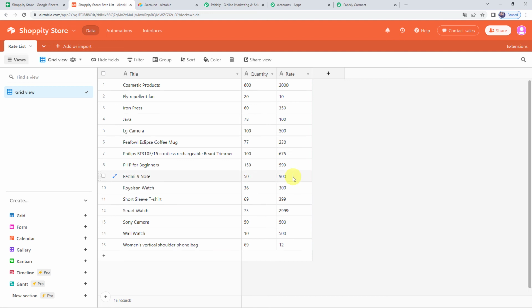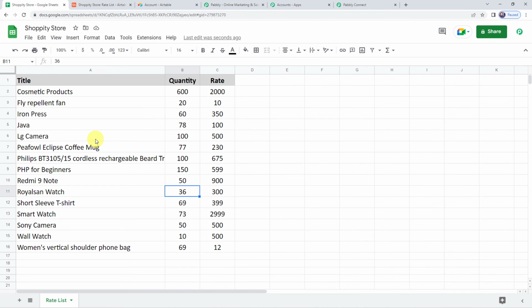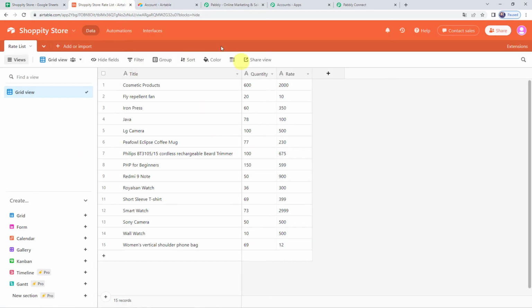So in this way, we can see that our integration is perfectly working fine. So whenever we are going to update any of the records in our Google Sheet over here, the same details will be updated in your Airtable base also. So this particular automation will be very helpful for you if you are sharing this price list with your suppliers or your retailers, okay, and they are selling their products. So here in this way, we have learned how we can set up an automation between Google Sheets and